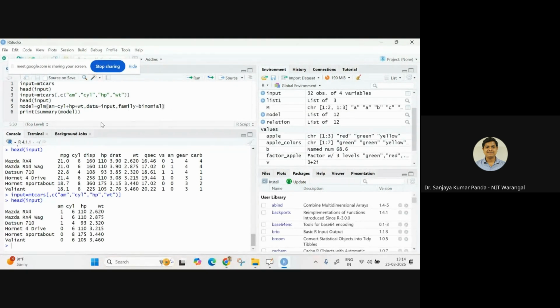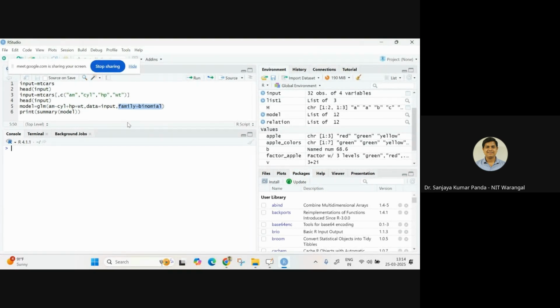Okay. So when you are dealing with categorical data, then you have to apply logistic regression rather than multiple regression or linear regression. So in the logistic regression implementation, we are writing family equal to binomial, right? So if I write print summary model, let me clear my console, and run the entire code,